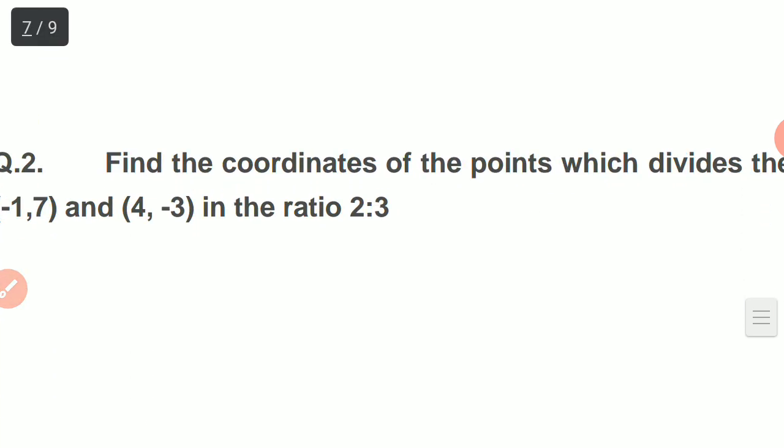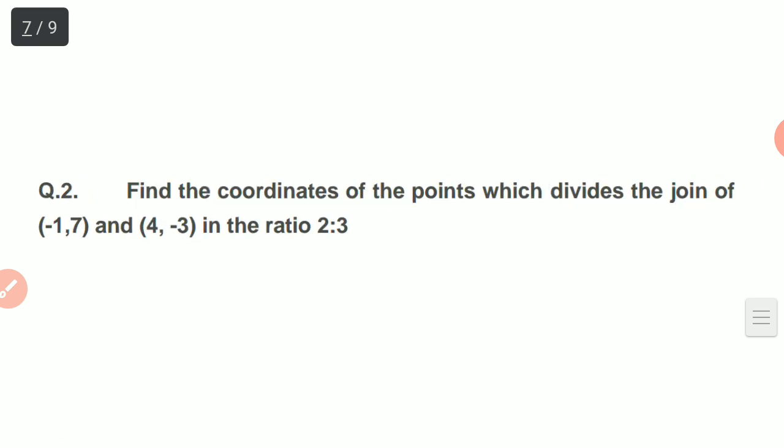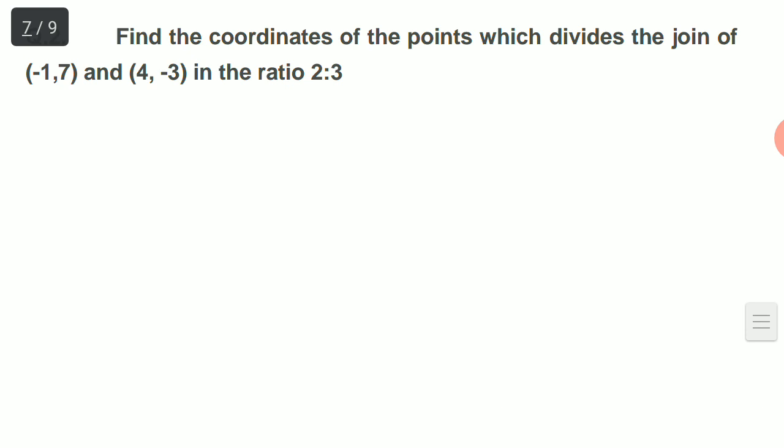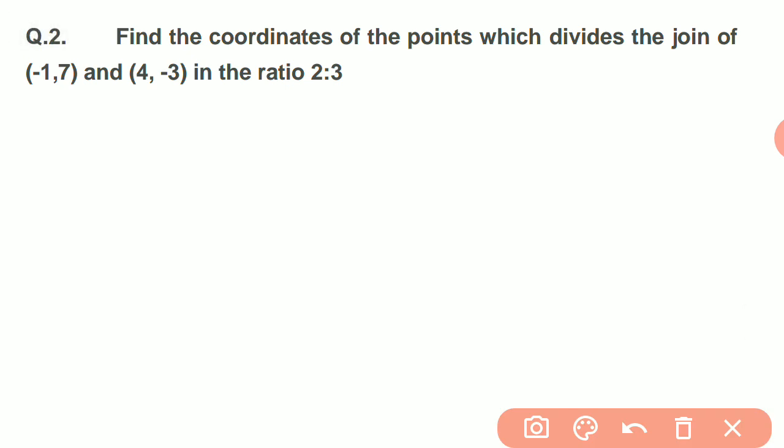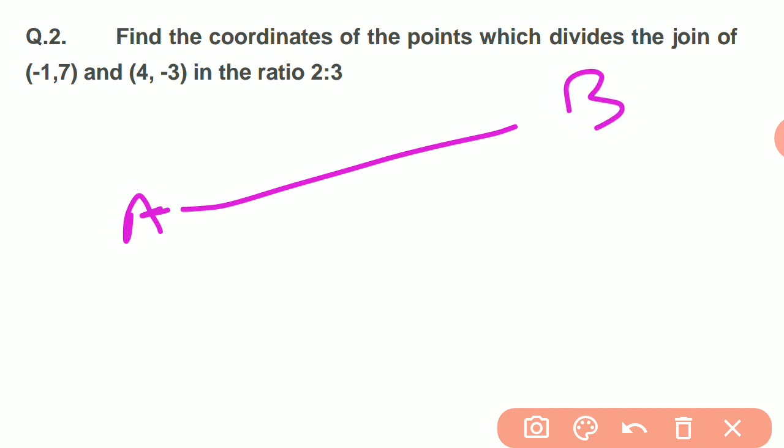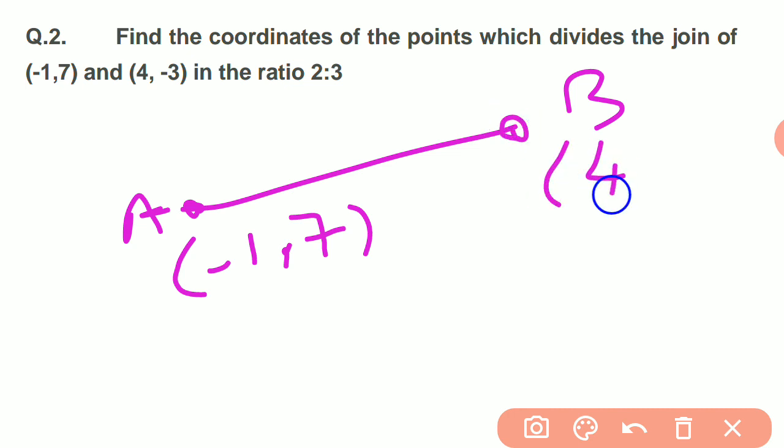Let's see a question. In this question, find the coordinates of the point which divides the join of these 2 points (-1, 7) and (4, 3) in the ratio 2:3. It means suppose here are 2 points, this point is A and this point is B, and the coordinate of A is (-1, 7), and the coordinate of B is (4, 3),